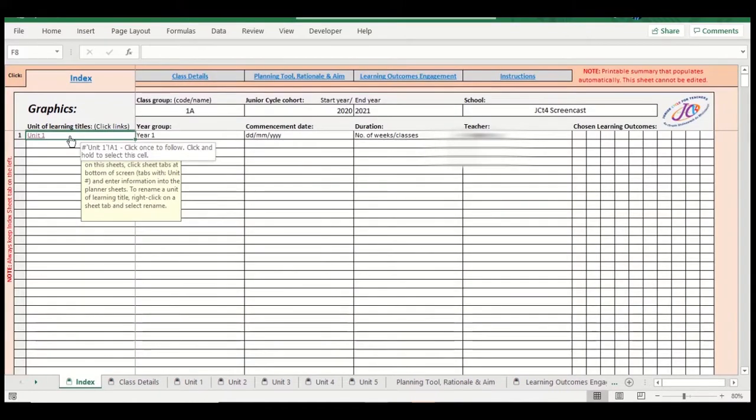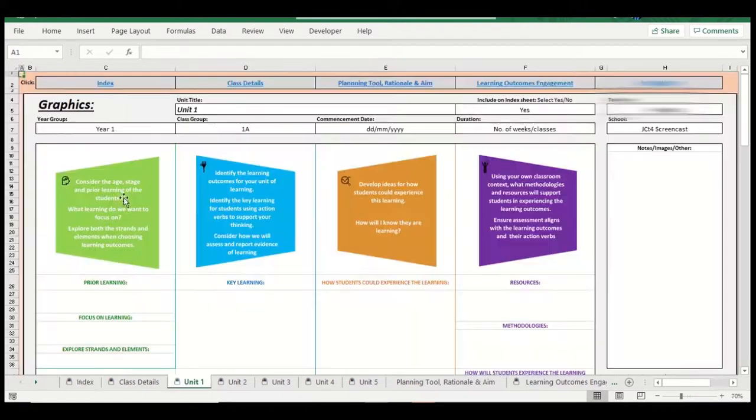The list of titles that will populate on the left will provide hyperlinks for quick access to your unit of learning plans. Document Overview. These sheets are pre-formatted unit of learning sheets or pages within the Excel document. There are a number of these sheets or pages which you can unhide when required as you plan further units of learning. The planning process is similar to that seen on the Graphics CPD workshops